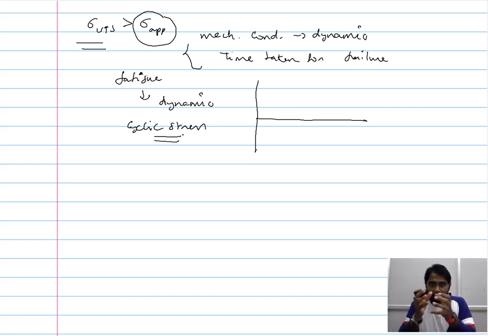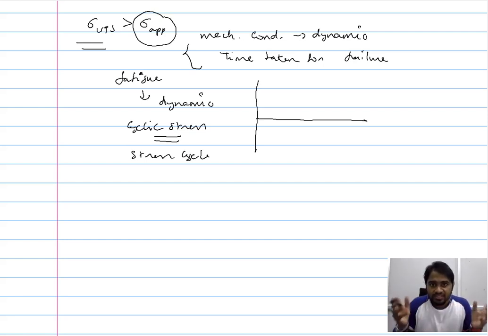So we saw that in the application the material does not experience a constant loading condition, it experiences a loading condition that varies with time. For our test purposes, we can impose a similar dynamic stress condition which varies with time. The simplest way of doing it is considering a stress cycle. So cyclic stress, or considering a stress cycle. So we can manipulate the stress cycle in such a way that we are able to impose a mechanical condition that is similar to that of the application.